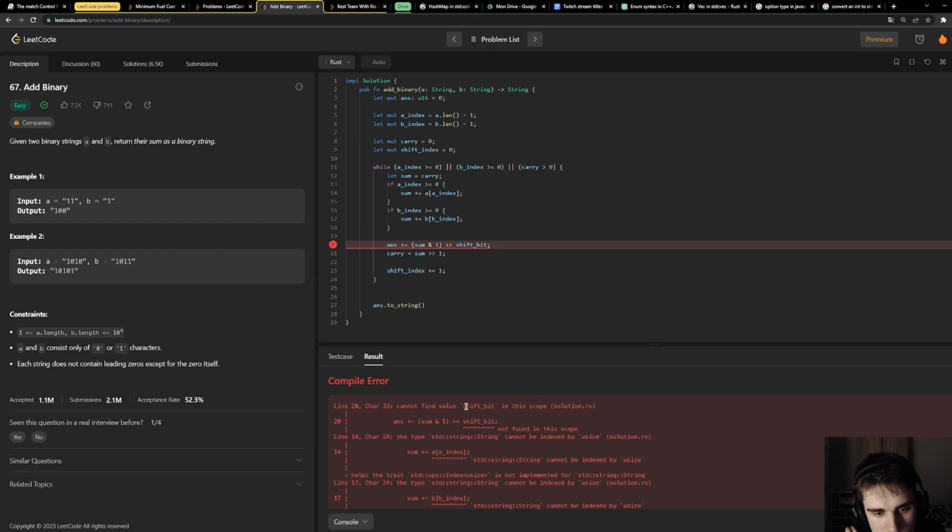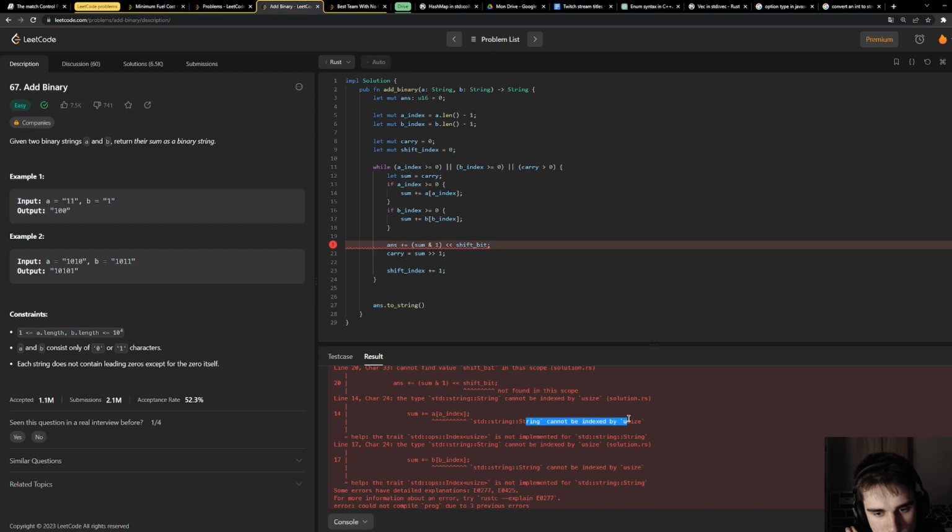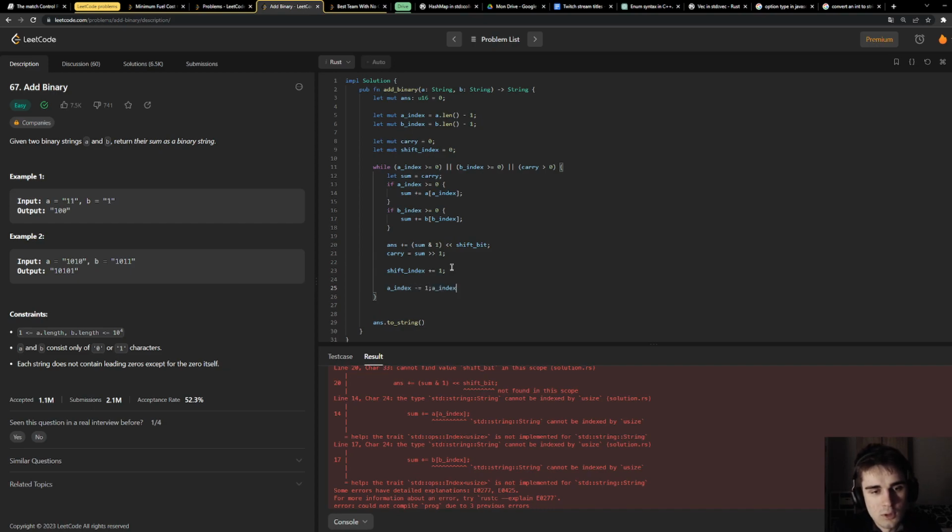In this scope. Cannot be indexed by usize. Oh yeah, I forgot also to decrement a index and b index.